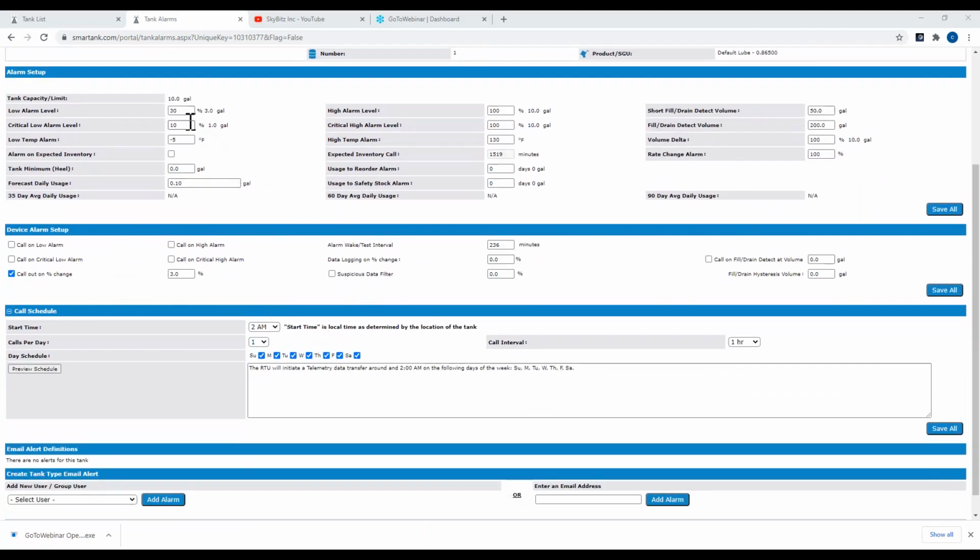So when that unit hits that 30% low level alarm, do I want it to make a call to the website? If I don't check that box, I won't have a call to the website until the next scheduled call. So if I have just one call a day at 6 in the morning, and that unit hits a low alarm at noon, I won't know that until 6 in the morning the next day. So I would always suggest, as a best practice, to always check the call on low alarm